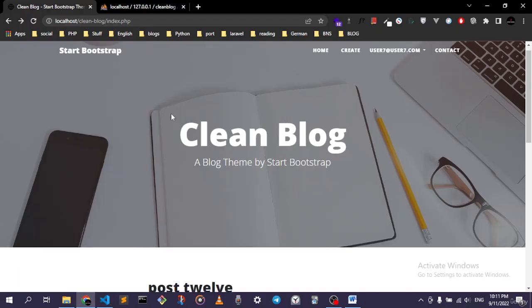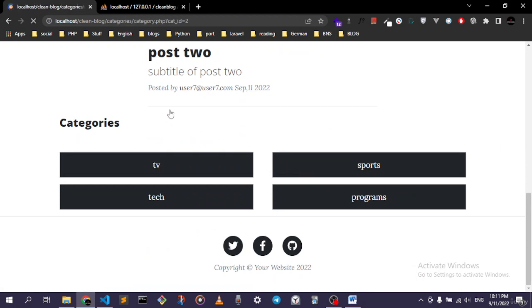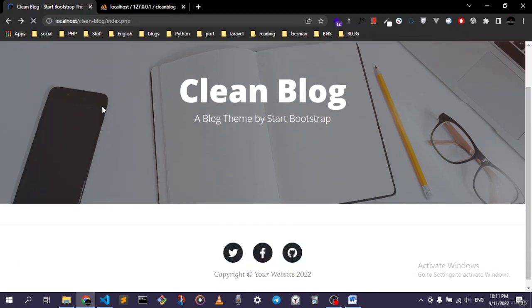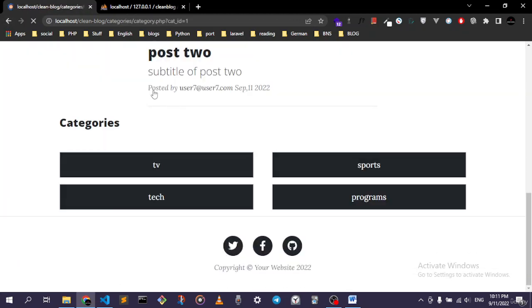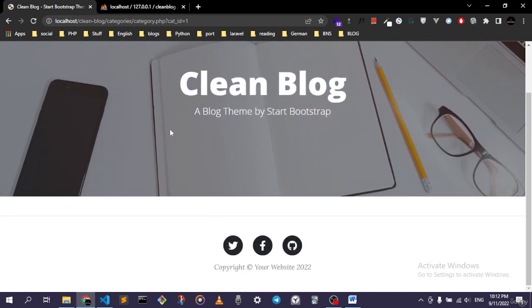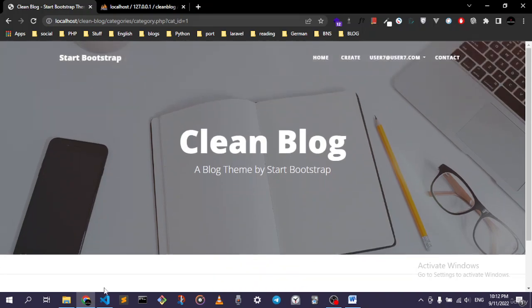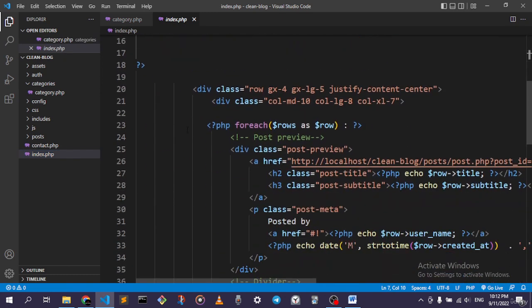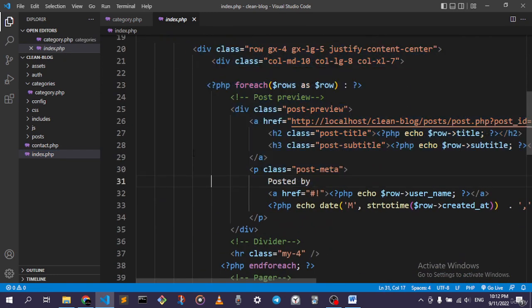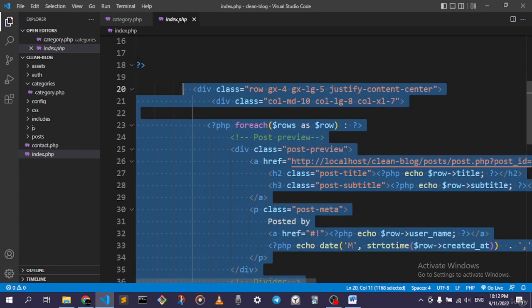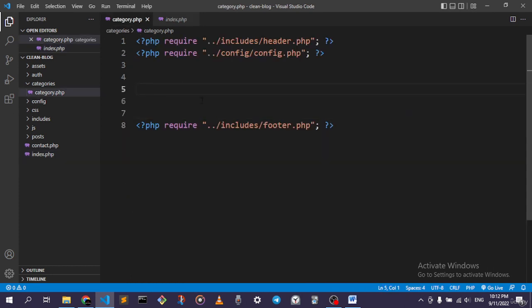If we go to anyone, actually right now we go to sports, you can see that we got everything that we need right here. Let's go to this, because that's the category that we created the posts with. So we are going to be working with this. Everything is working fine. And if we go back, we need to grab this whole thing, this whole div. If we grab it like this and go down here,